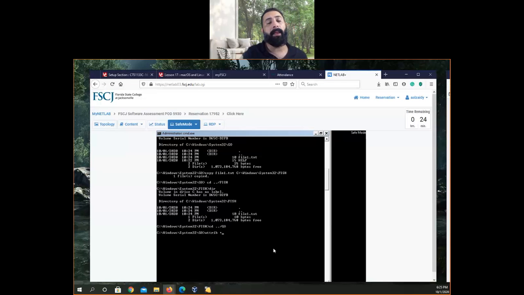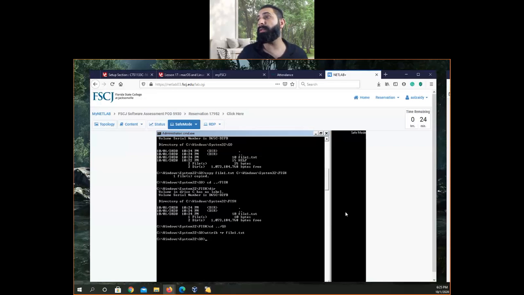Plus sign, and read only R, file1.txt. Okay? Prove it by taking a screenshot. Prove that you did not do it through a GUI. Okay, so you take a screenshot of this.